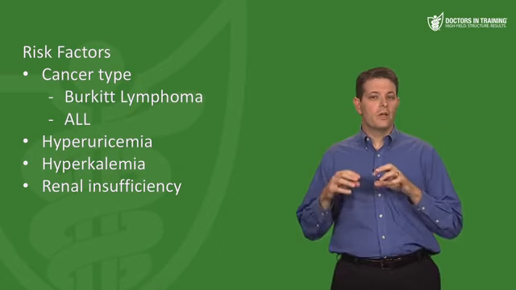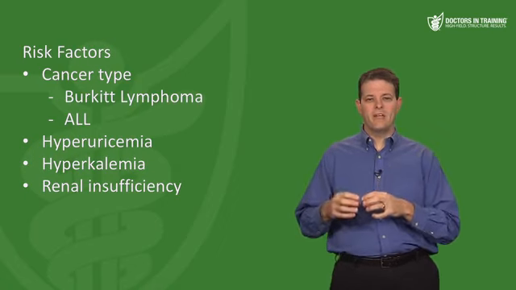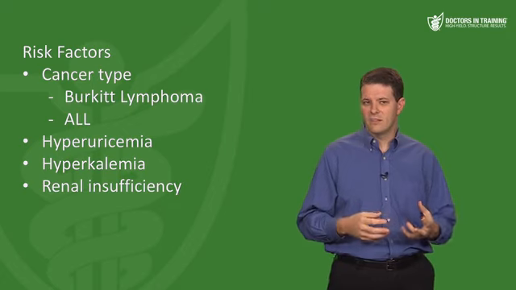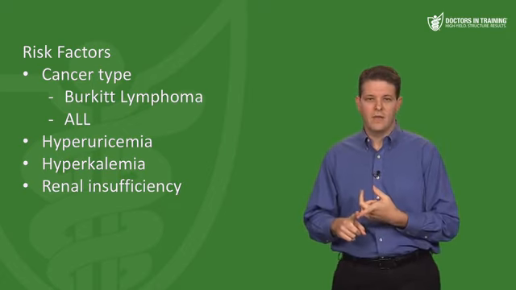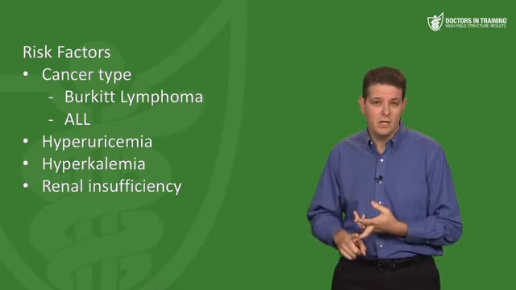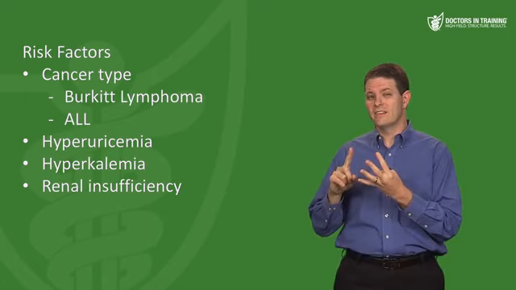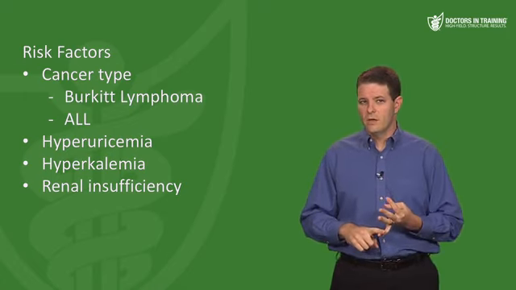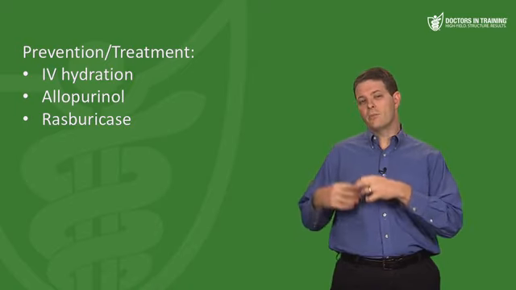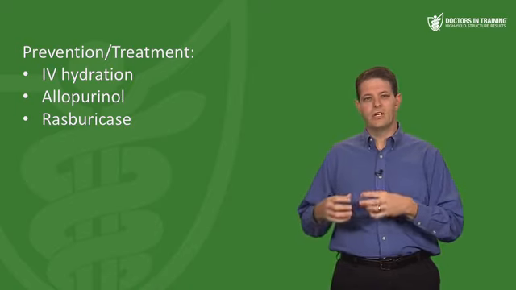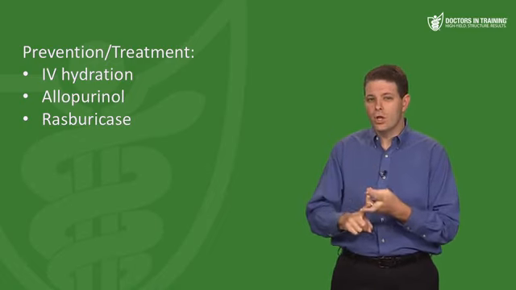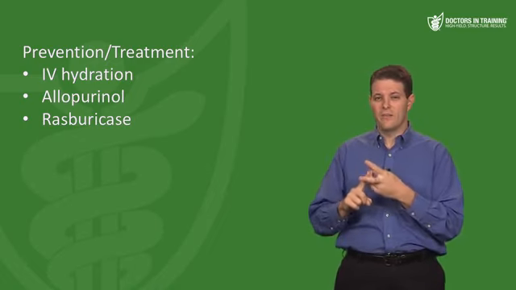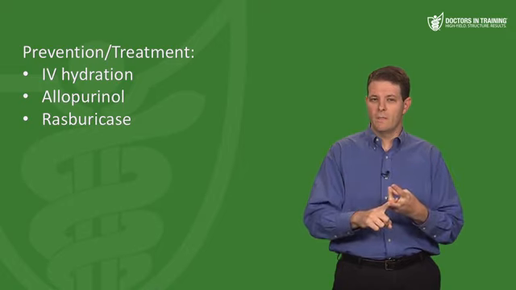So, when you're starting treatment for cancer, you want to assess the patient's risk of developing tumor lysis syndrome. So do they have a type of cancer that's prone to tumor lysis syndrome? Do they have pre-existing hyperuricemia or hyperkalemia or some pre-existing renal insufficiency? And if they are higher risk, we try to prevent tumor lysis syndrome by making sure the patient is adequately hydrated, by giving allopurinol, which inhibits xanthine oxidase, so it prevents the formation of uric acid, or we can give